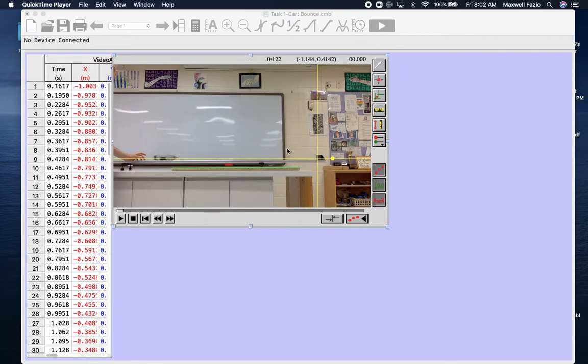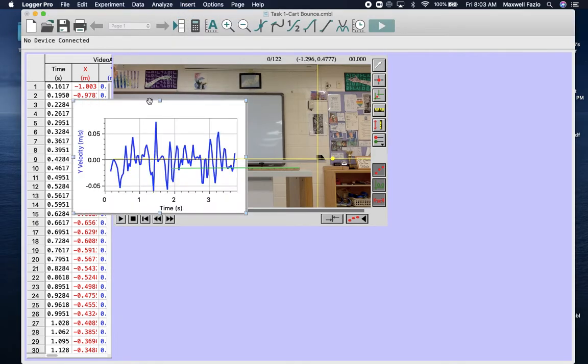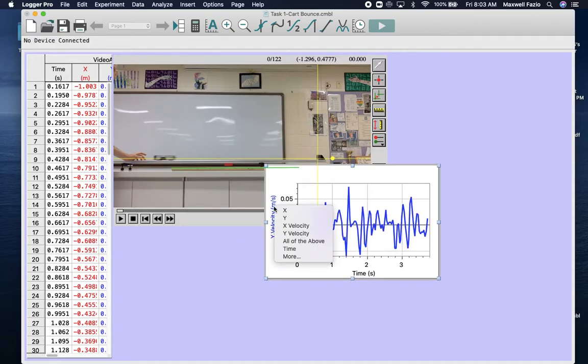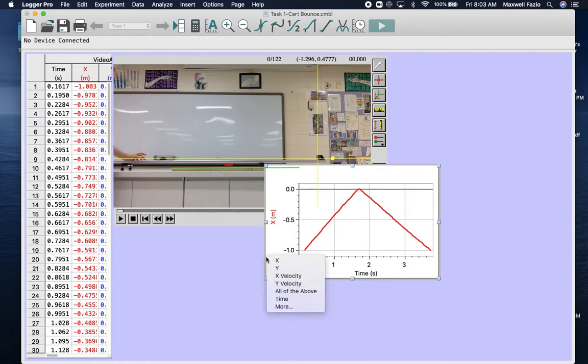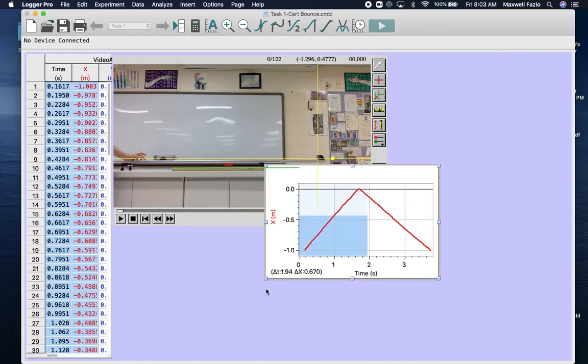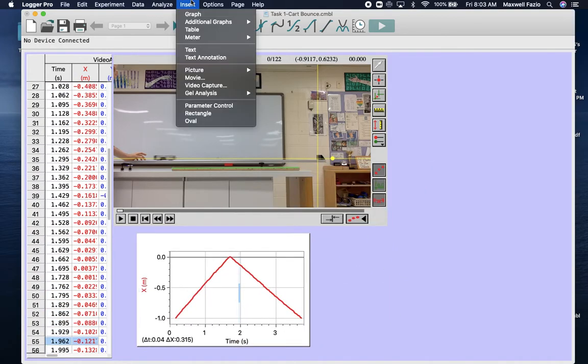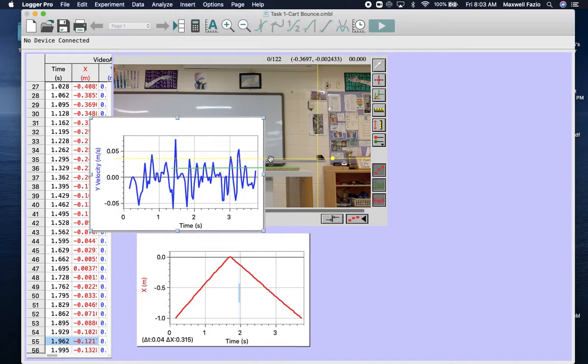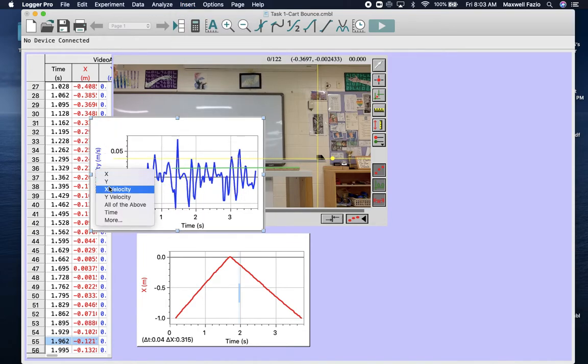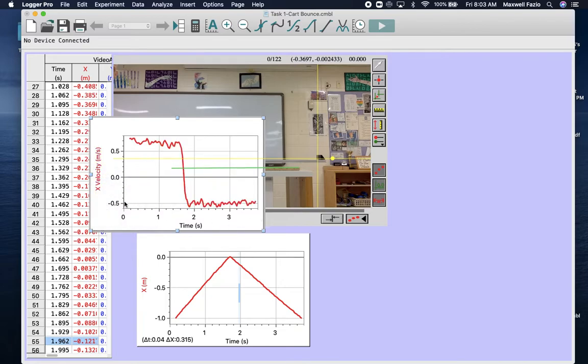So here is task one. I'm just going to explain how to do it. First thing, we need to put in our graphs, and we need to make sure that we're looking at what we want. So that's x versus time, as well as another one, x velocity versus time. Now, if we look at these graphs,